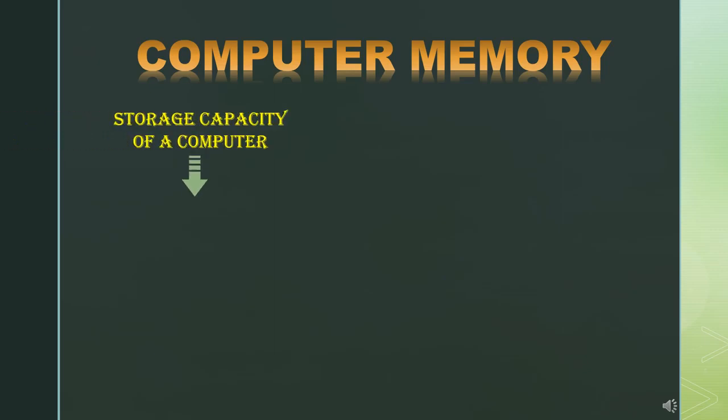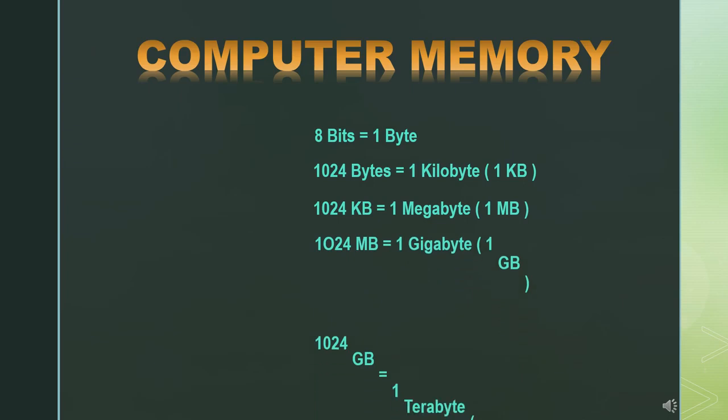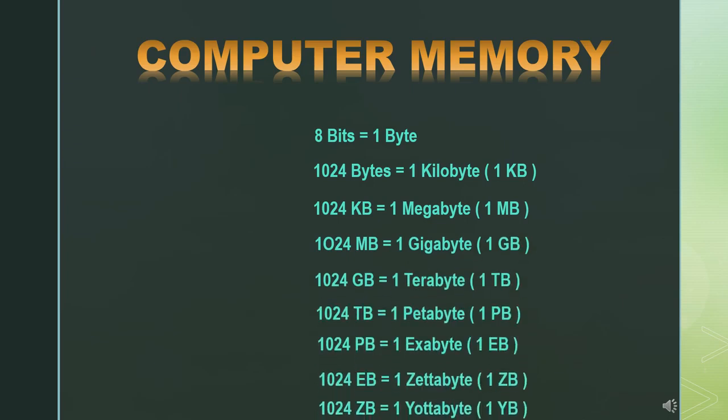In your previous class, you had been taught that the computer understands only one language, which is known as the binary language. This language is made up of only two digits, zeros and ones. These digits are called binary digits, or in short bits, and they get stored inside the computer memory. When we have 8 bits of information, it gets converted into 1 byte. Similarly, when we have 1024 bytes, it gets converted into 1 kilobyte. You can scroll the list and see the different units of measurement. Now the question is, why is it important? It is important because it tells us how much data can be stored in the computer.